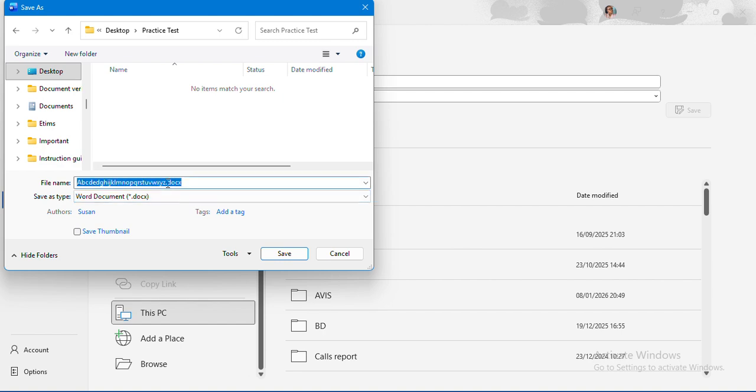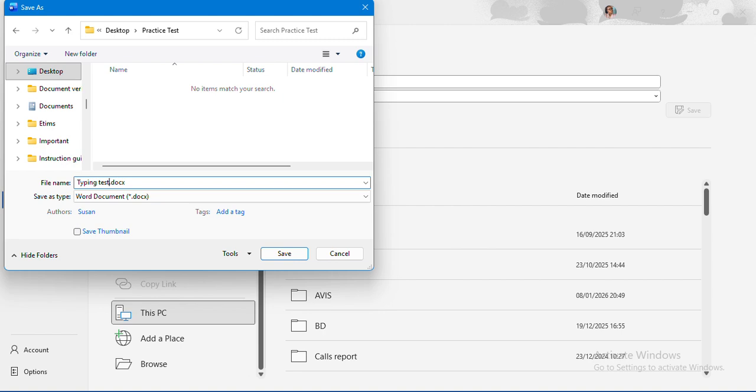Once we are there, you can decide to name your document as exercise or test, typing test, or whatever name that you want to name your file. My case, I'm going to name it typing test so that I can be able to track it whenever I want it.